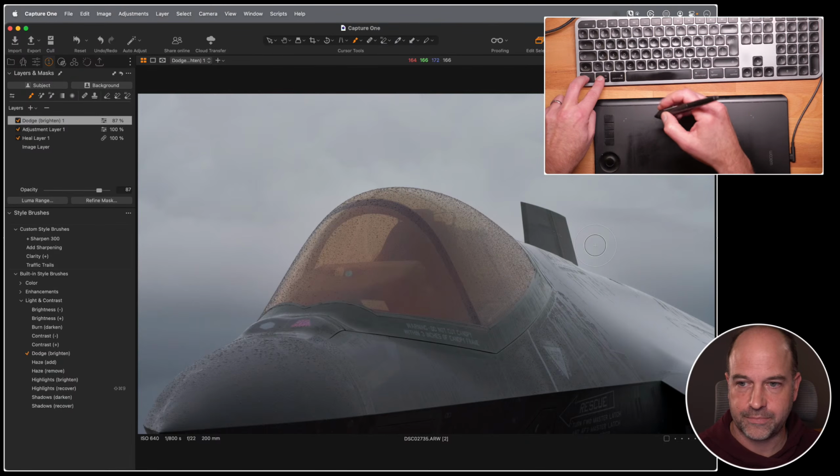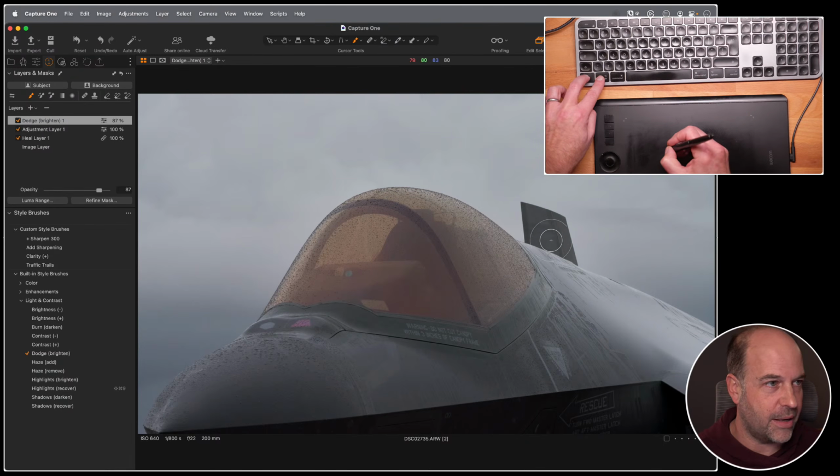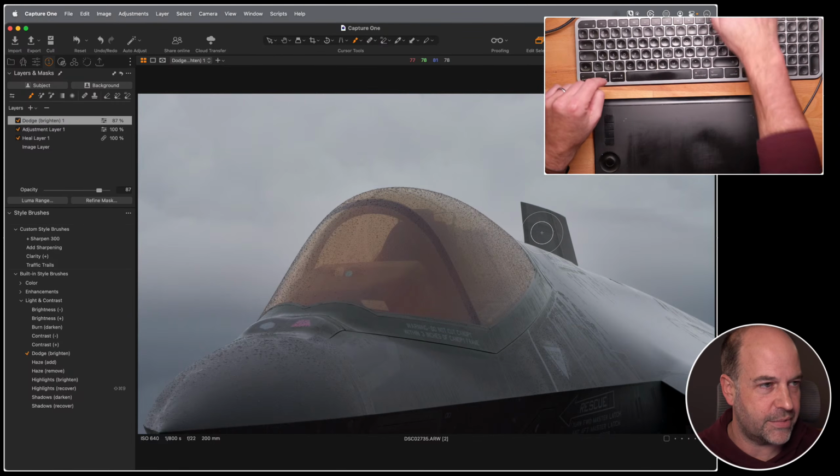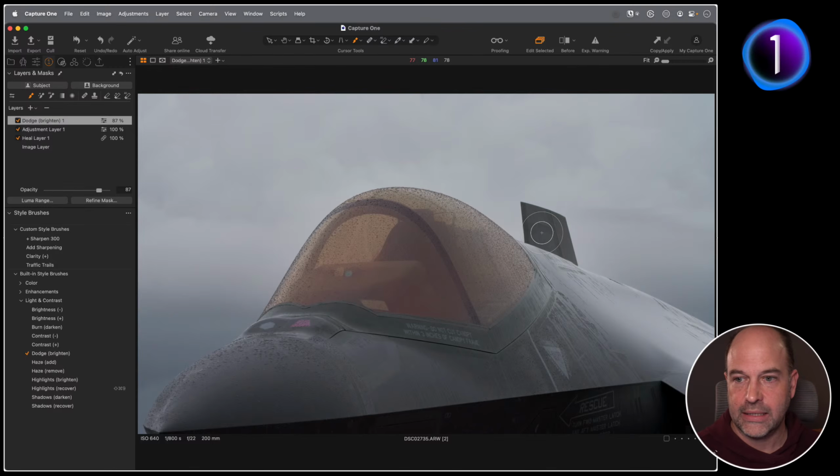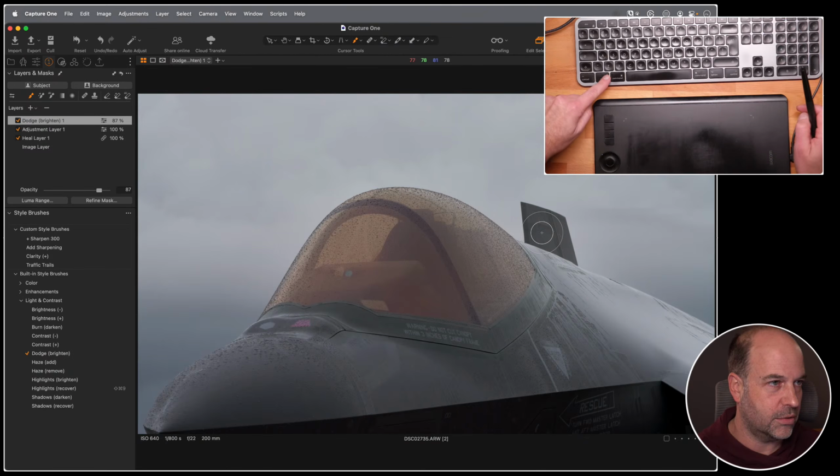Another little shortcut, it might be hard to see, but if I put the cursor tool on this sort of slightly darker fin here, you'll see there's a little plus in the middle of it. So that means obviously it's our brush. What you can do now to quickly go to the erase tool is to hold down your Option key.